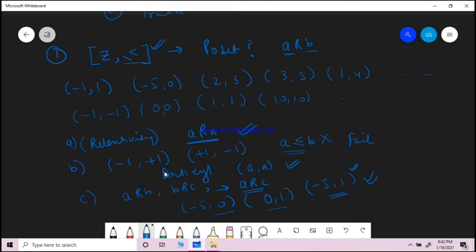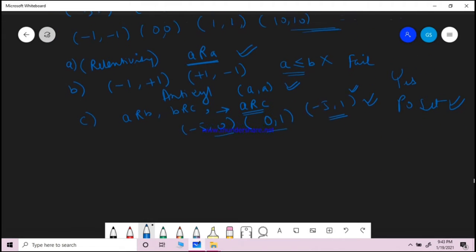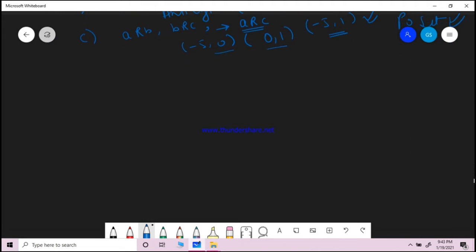set. So in this case I have proved that if you expand this relation, if you expand this set, you can prove that the whole set satisfies the property of reflexivity, this is anti-symmetric also, and this proves transitivity. So you can simply say yes, this is a poset. Clear? In the same way, you can prove this relation for the next. These are some already proven properties you can simply learn for your examination.